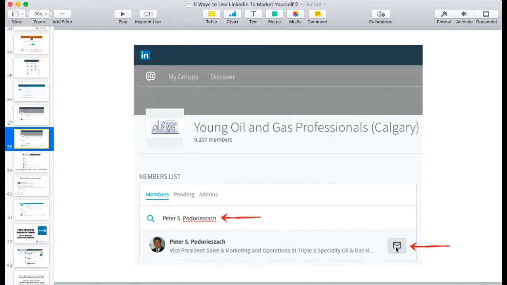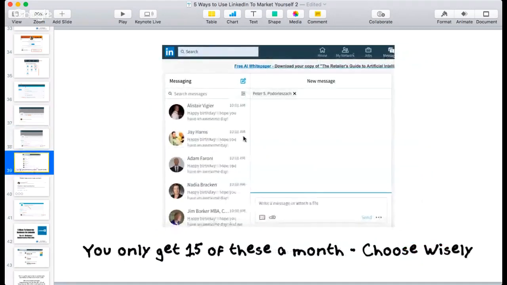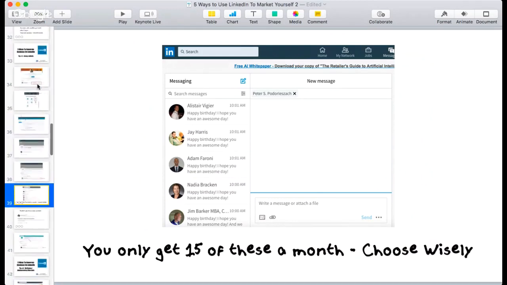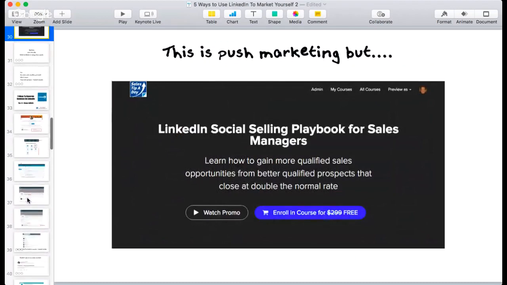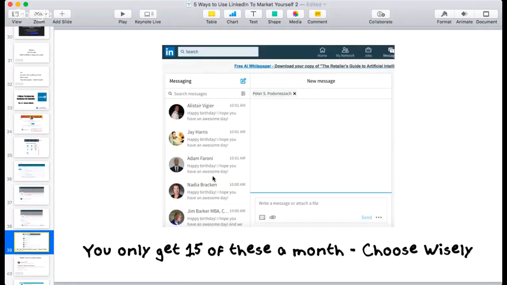Over here is a nice little icon of a mail, an envelope, right? Click on that. And here's what happens. You can send him a message. So same sort of thing. If I want to send a message out to someone and they're not a premium person, if I'm connected to them in a group, then I could craft the same sort of message that I showed you back here with this document and send this off to this person here and put it in.